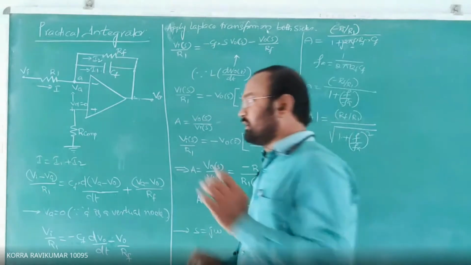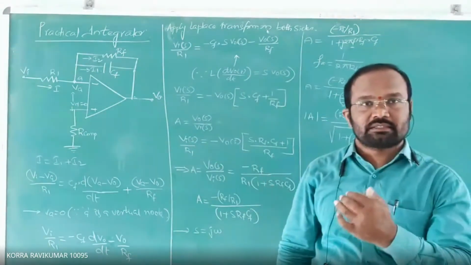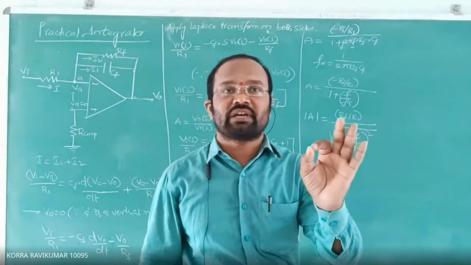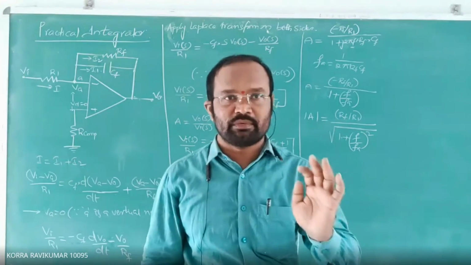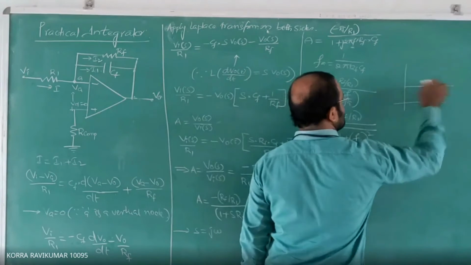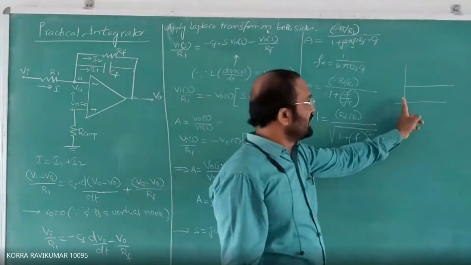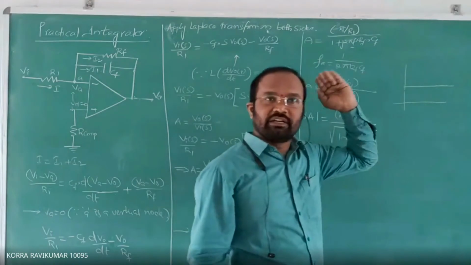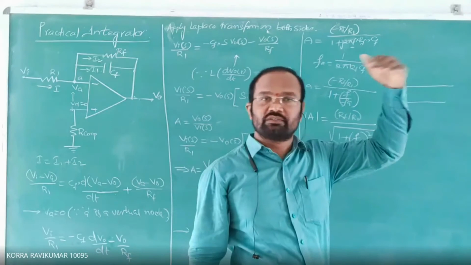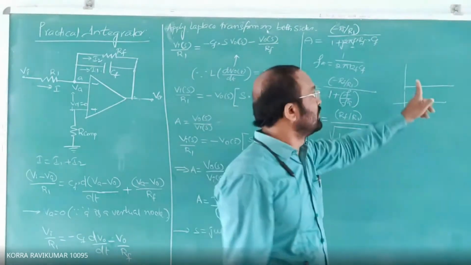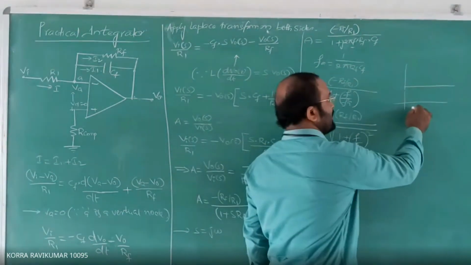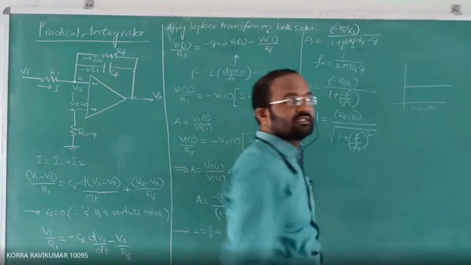Let's see. You are applying a DC signal. Almost all of you know that a DC signal has an infinite time period. There is no time limit for that. So the graphical representation of a DC signal is like this. It is a continuous line. It goes on and on everywhere. There is no time limit for the DC signal, which means the time period T is equal to infinite for a DC signal.